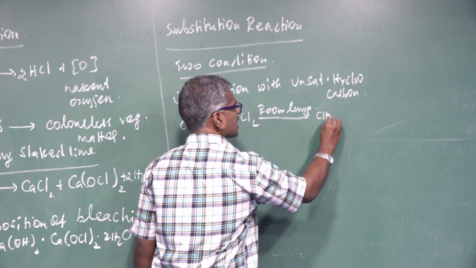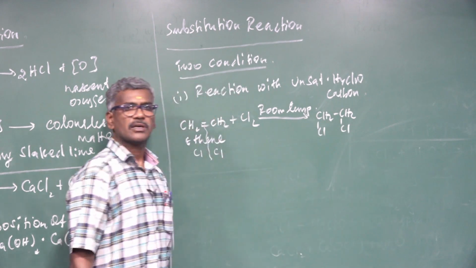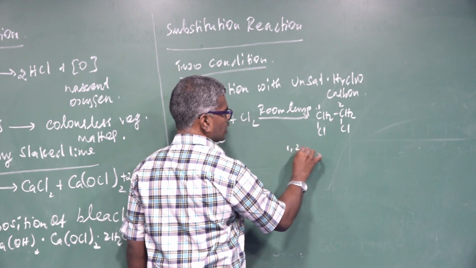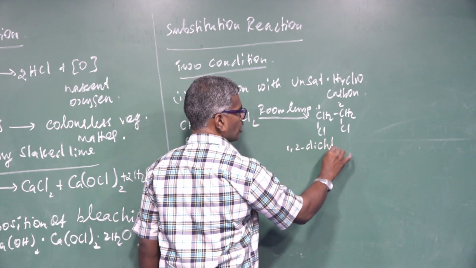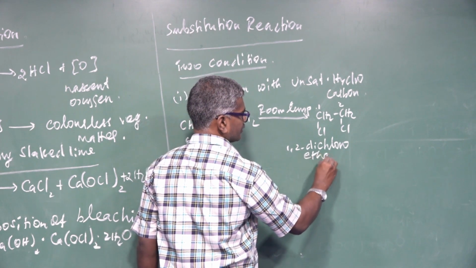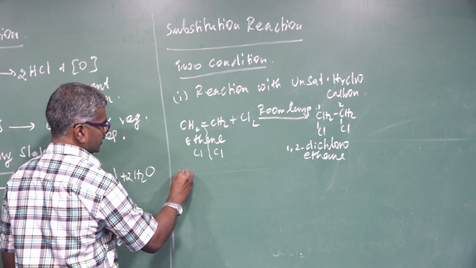That is CH2Cl, CH2Cl. What's the correct name? 1, 2 dichloro ethane. Here 2 carbon, so ethane. Another one,